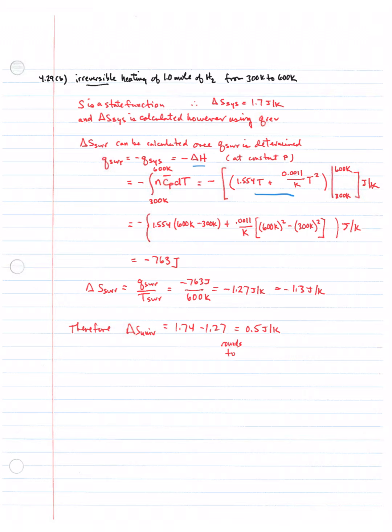I think you should be able to do this. Again, you do the integral, which I did. I kind of skipped a step in there to save some space, and evaluate it from 600 to 300, and I get a value of Q of the surroundings of minus 763. The delta S of the surroundings is the Q of the surroundings divided by the temperature at which